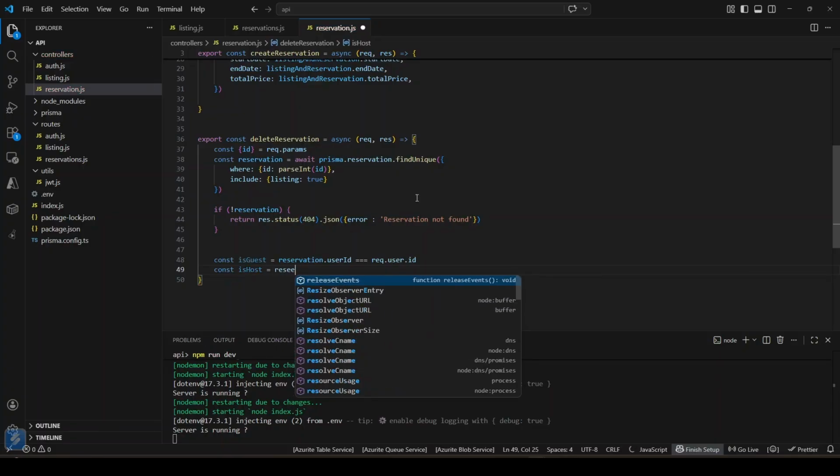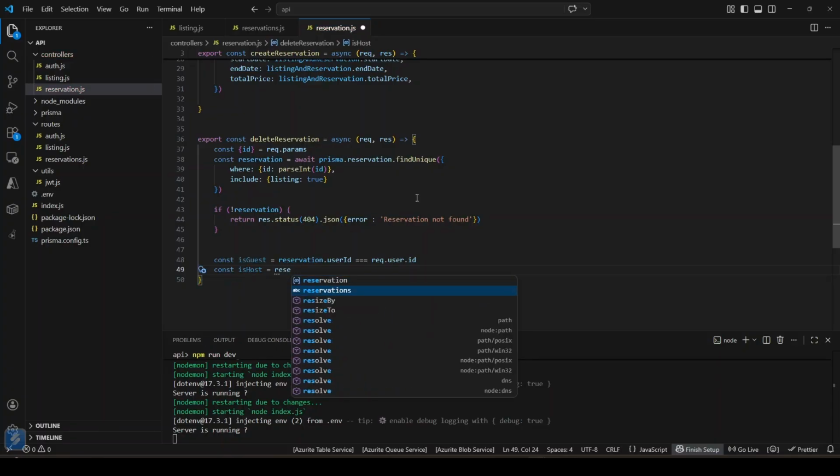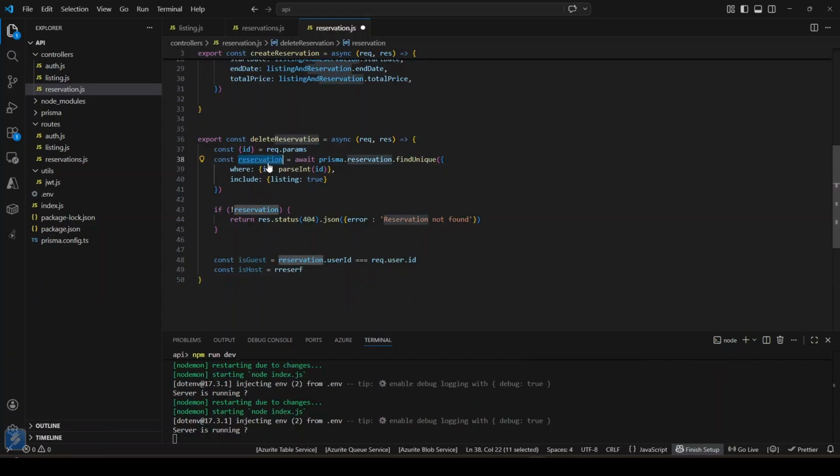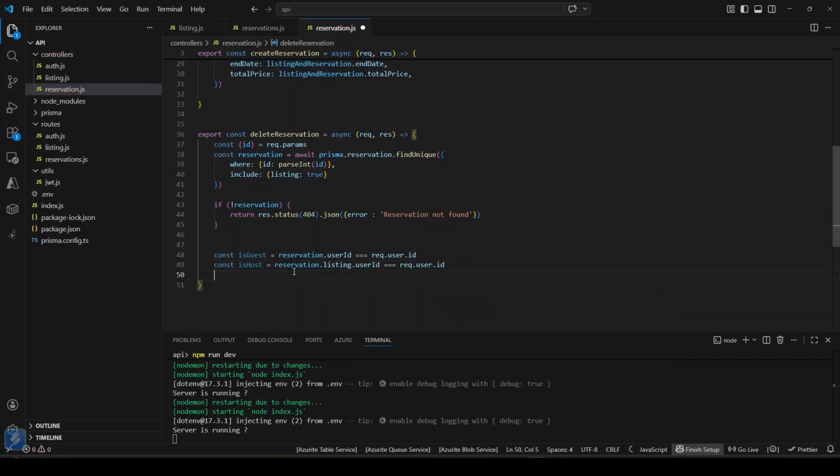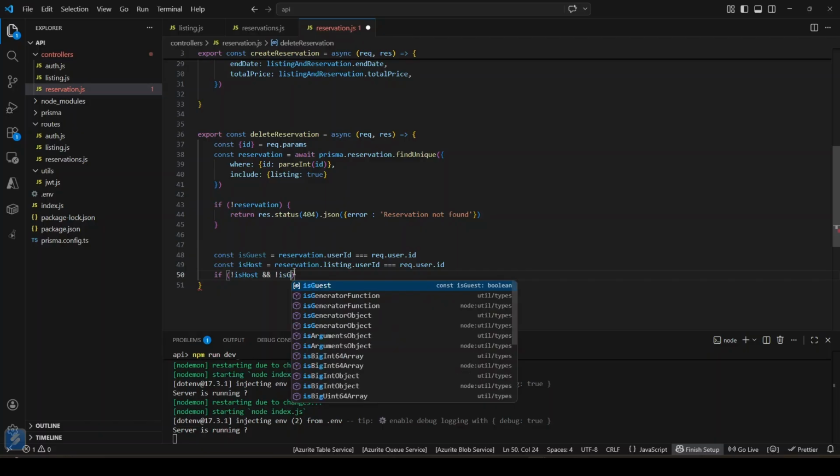So it will be reservation, this one, listing user ID. I will test it with the request user ID. Then I will test is host or is guest